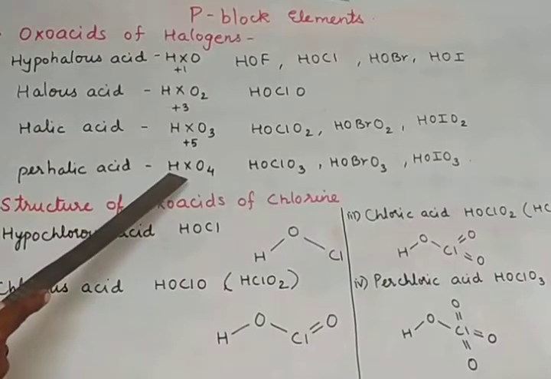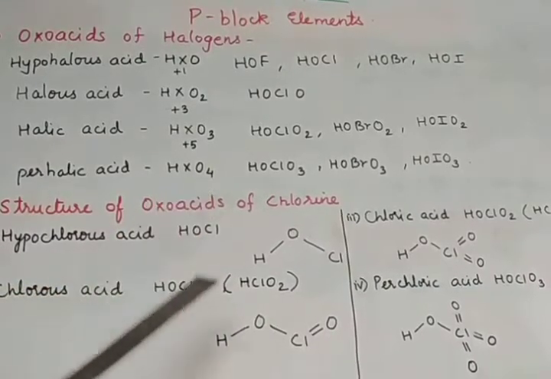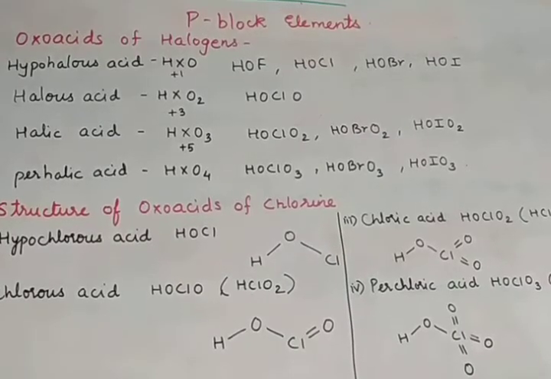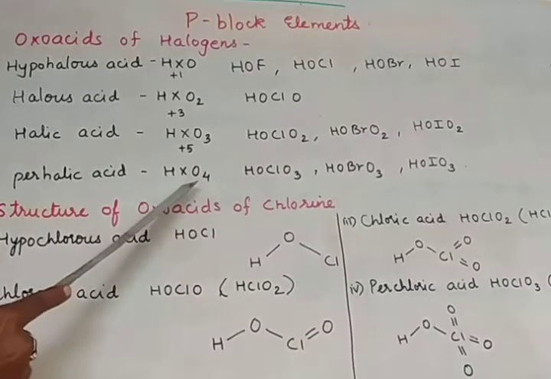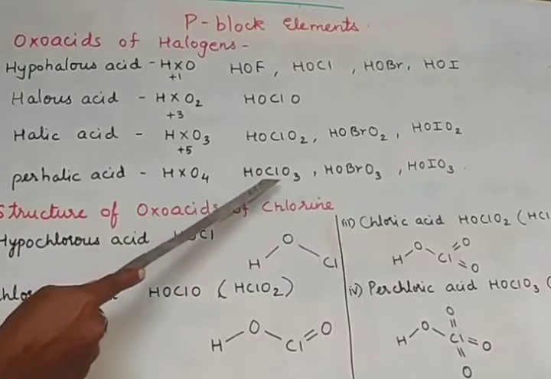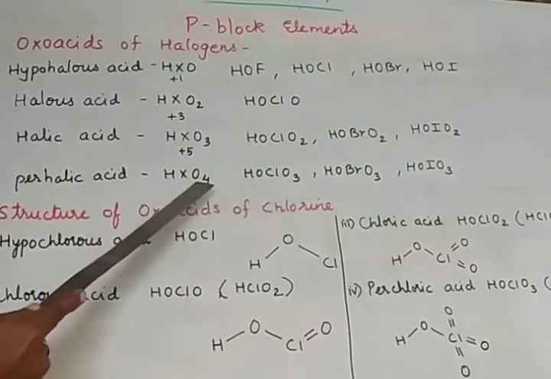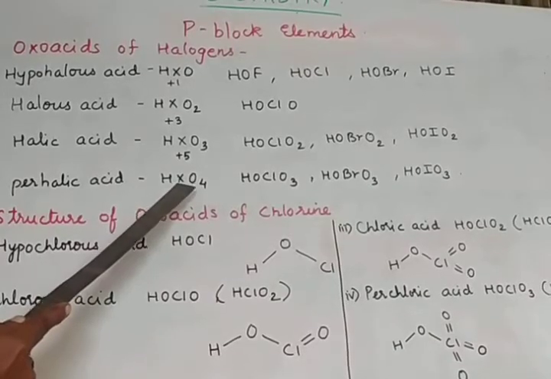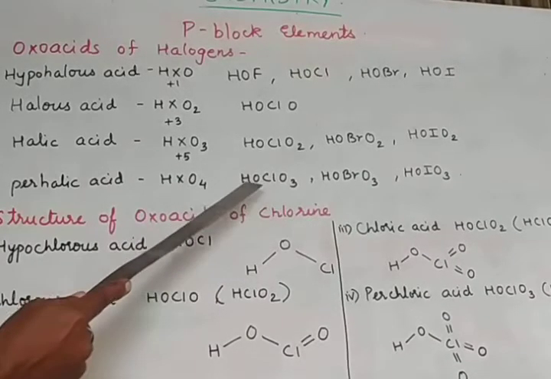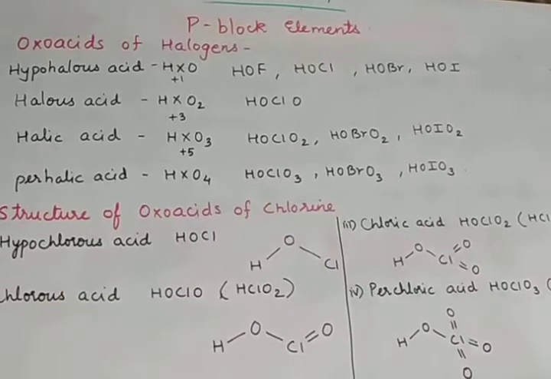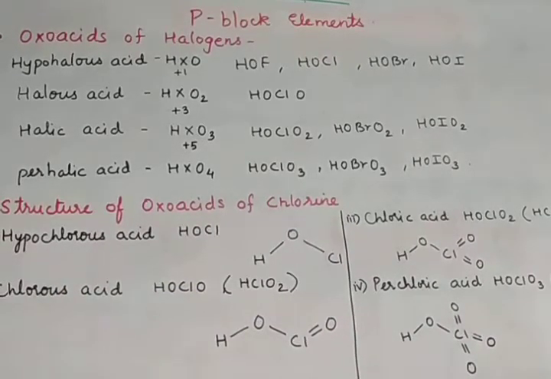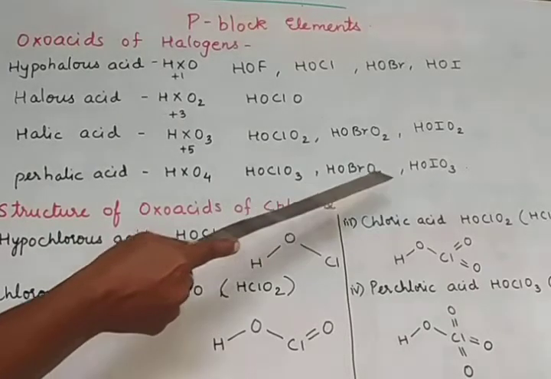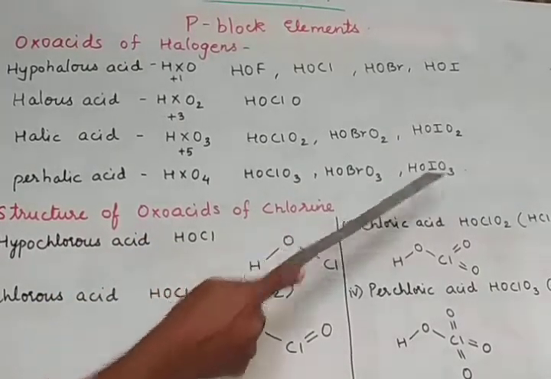Consider H as +1. Each oxygen is -2, and there are 4 oxygens. Find the oxidation state of X here. This will be your practice part. HOClO3. What are we doing again? One oxygen is transferred here to write the formula in order to get the OH. So HOClO3, HOBrO3, HOIO3. You call the compounds perchloric acid, perbromic acid and periodic acid.